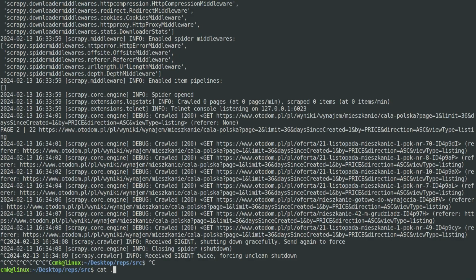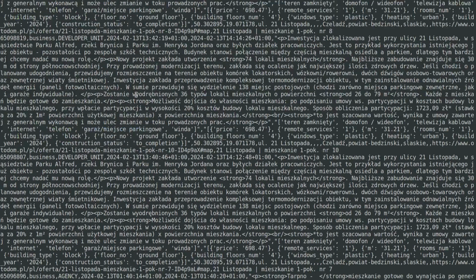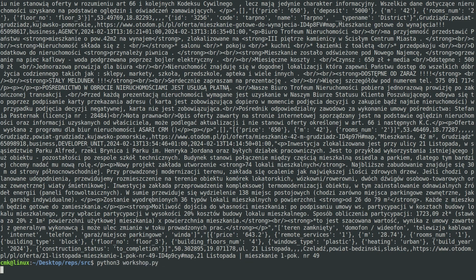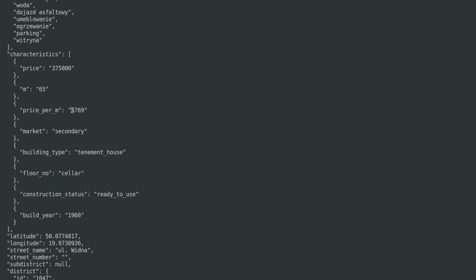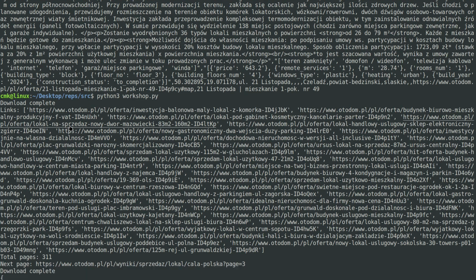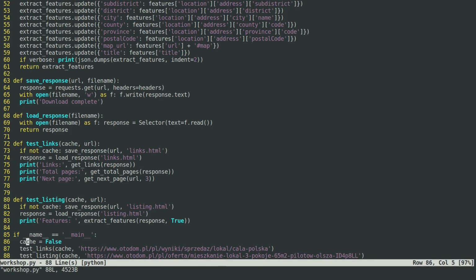Okay, so cat output. Yeah, we got our data here, which is fantastic. Great. And if I do python3 workshop.py, then it also works. And since the cache is equal to false, it does download. But if I set cache equals to true,